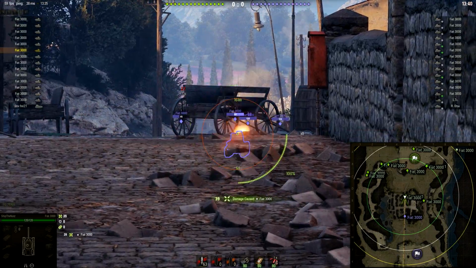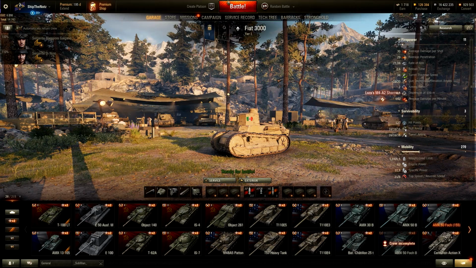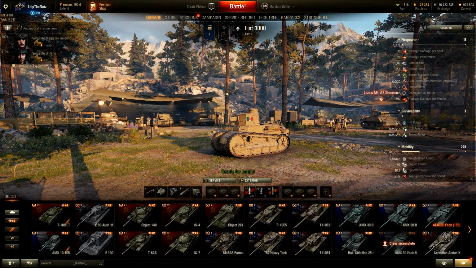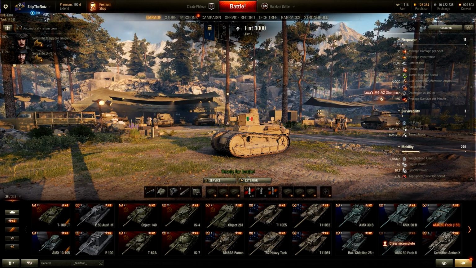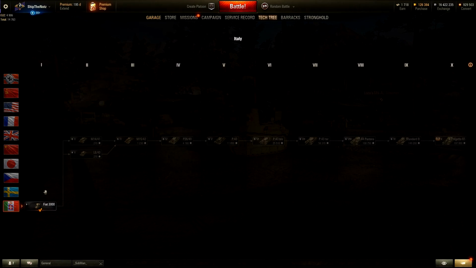All that and even more in today's episode, so without further ado, let's jump into the first topic, which is of course Italian tanks. Wargaming introduced 11 new Italian vehicles. You already have one of them in your garage, Fiat 3000, a tier 1 vehicle as always. They give you a tier 1 vehicle for free, but you can see all the rest of the vehicles under the